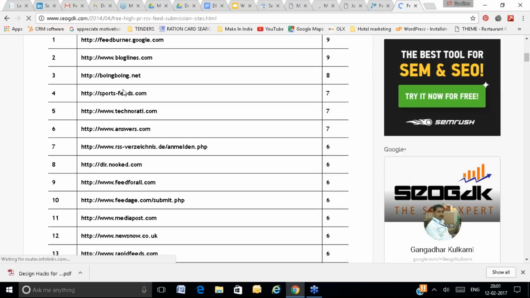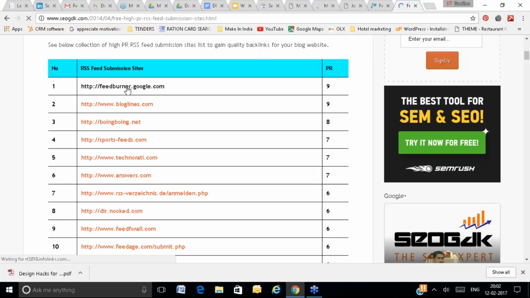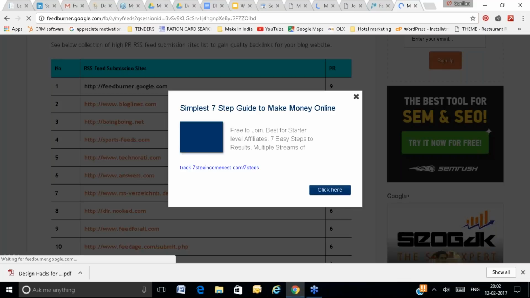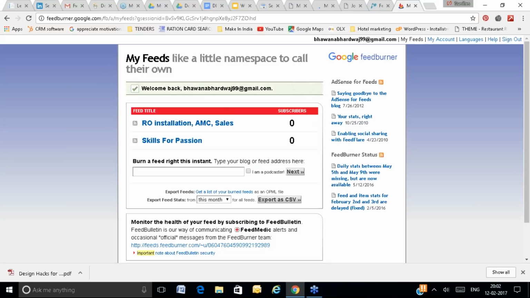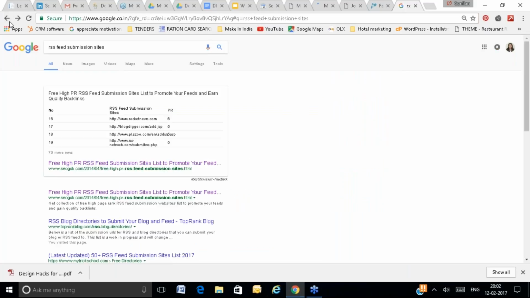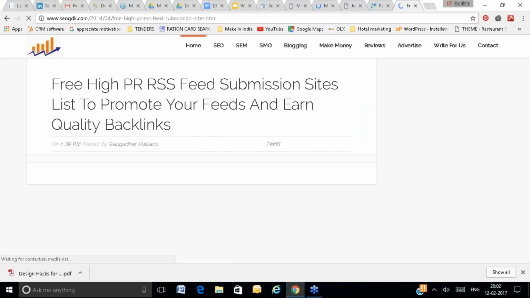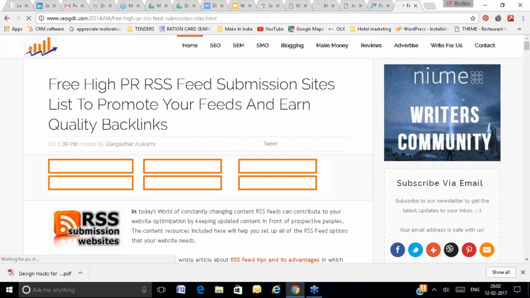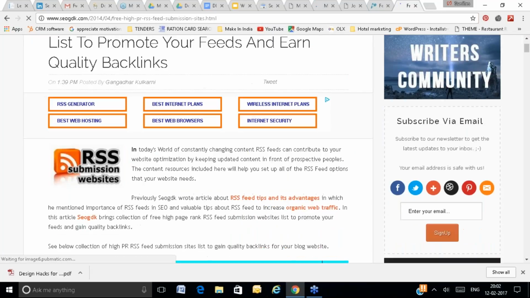These are the websites where you can submit the feed URL. You can click here and then submit the URL. You have already created the feed, so here you can just submit the URL. These are the different RSS submission sites where you have to promote, list and submit your feed.